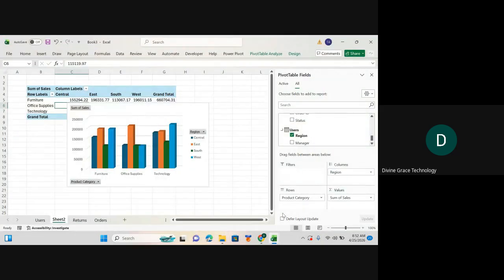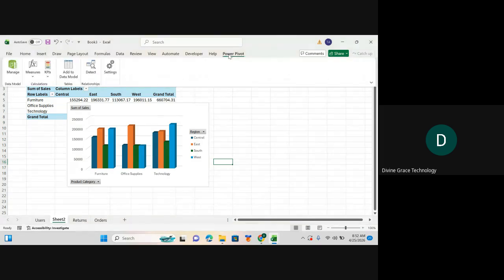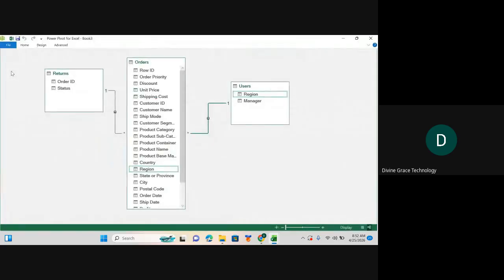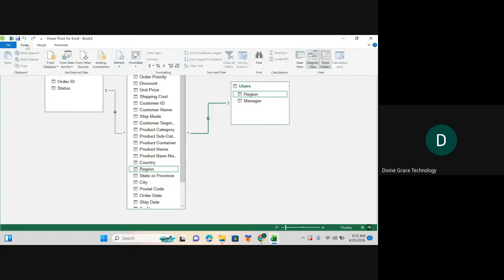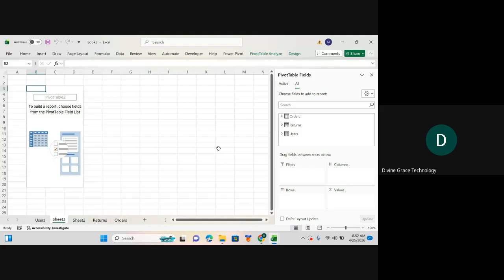I can't go back. So now, after having this, if I want to create more charts, I have to go back to my Power Pivot, then go to Manage. By the time I go to Manage, it will take me to my Power Pivot. Then I'll go back to my home and go to Power Pivot and create another pivot table. So now remember, either you are being given an objective to work with, or you are being told that you should give an insight from the data set. So now this one, we are the ones using our own discretion